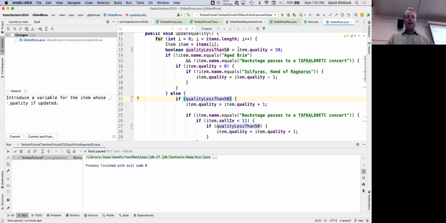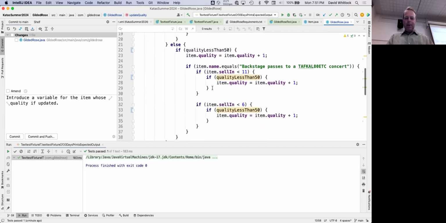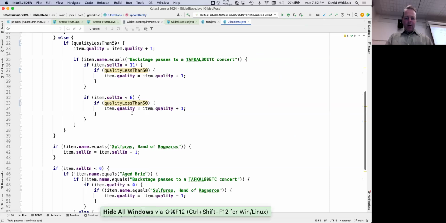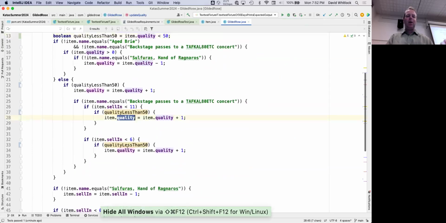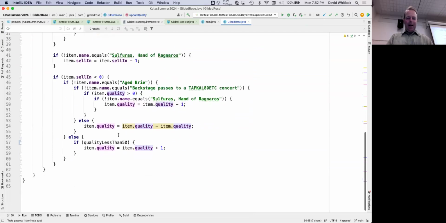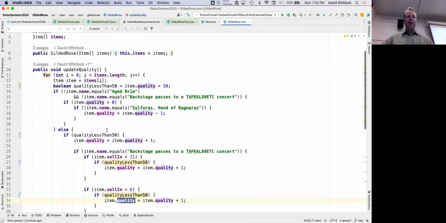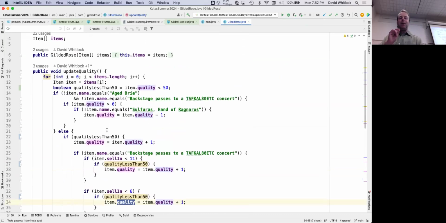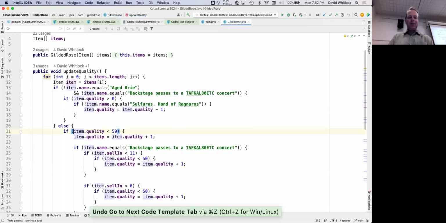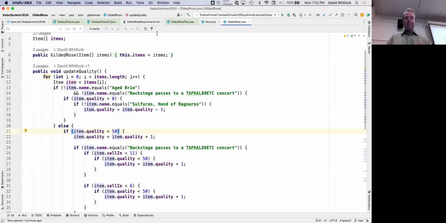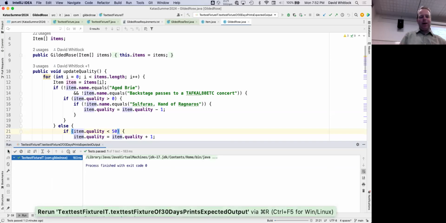So what we're doing is comparing the quality to 50 up here at the beginning, but quality is updated along the way at all sorts of times. So I don't think that refactoring is safe. But we found out in a matter of seconds that it wasn't safe because we had the tests. And this is what tests give you, right? We found out right away that I did something that was more impactful than I thought. And that's fine. There's nothing wrong with that. But this is why I never refactor without tests.